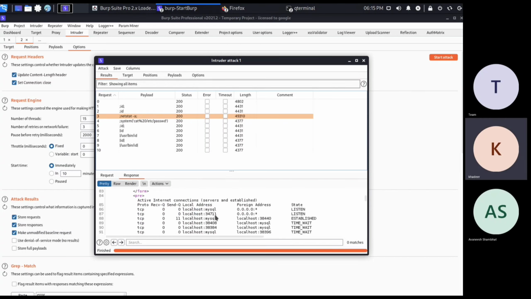So yeah, here as you can see our command netstat -a is executed. Basically this netstat command is used to check the connections established on the operating system. So this is how we can automate the command injection using Burp Suite. But the main topic of today's session is how to perform RCE through command injection, means how to